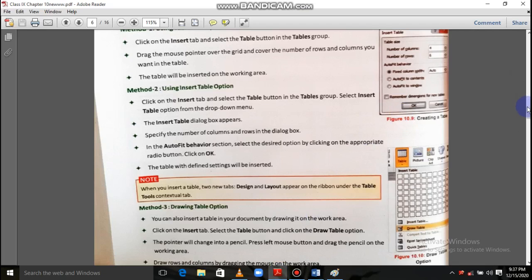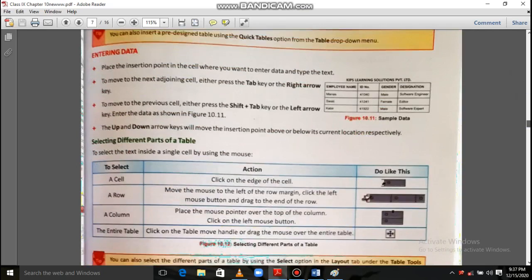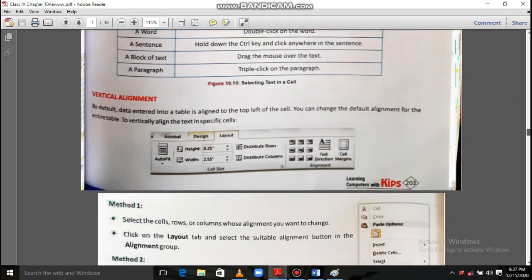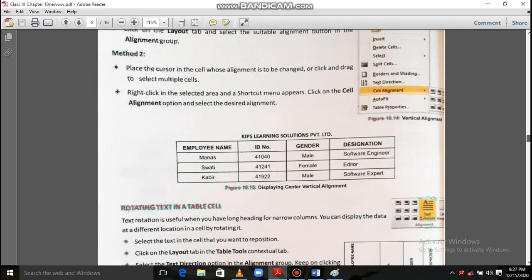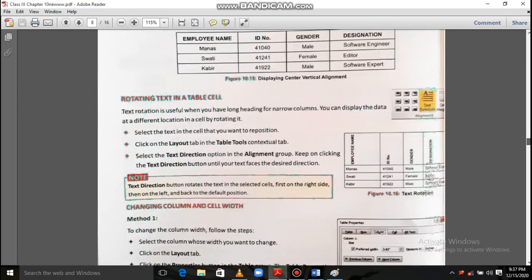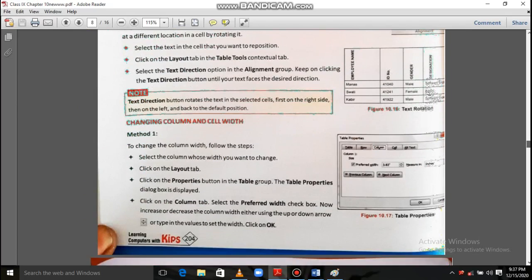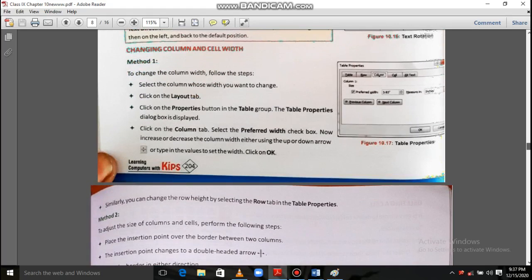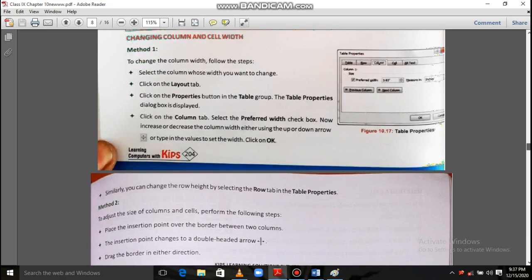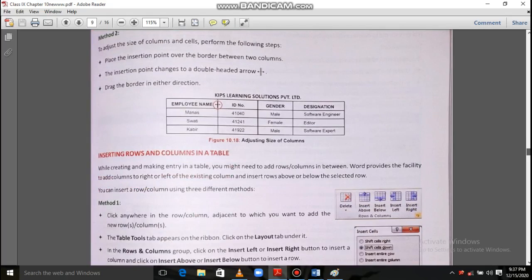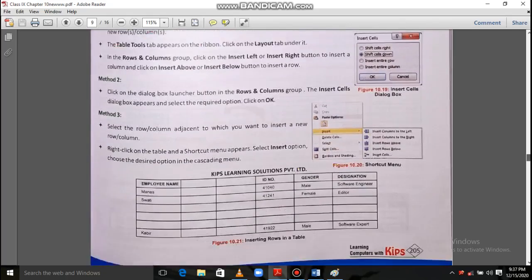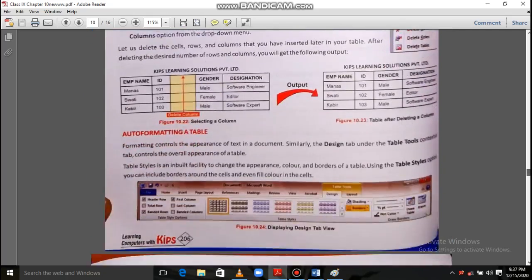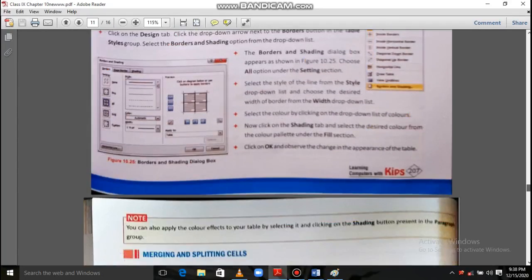Next thing, table cell: how to insert, how to set the margin, these all we have discussed. How to get the total sum, that also we have discussed. If you want to change the cell width, that also you can do. Addition also I told you. How to delete, that also we have discussed. Next thing is